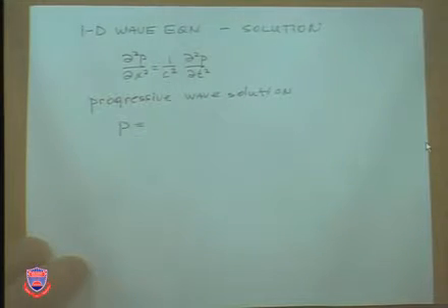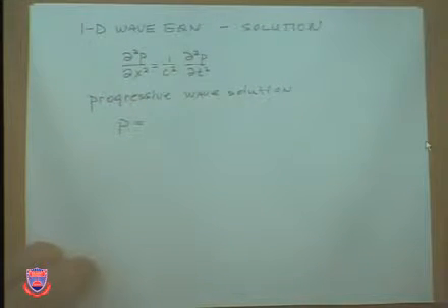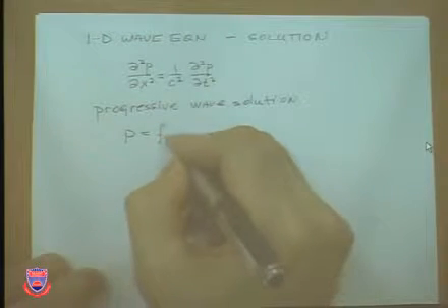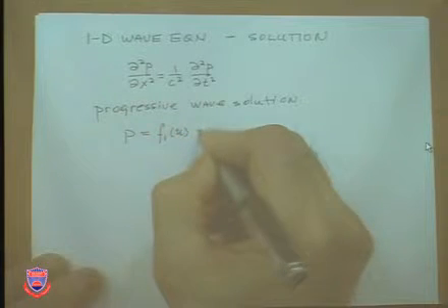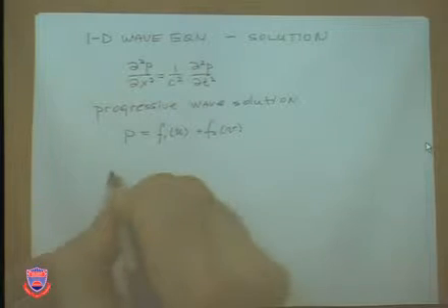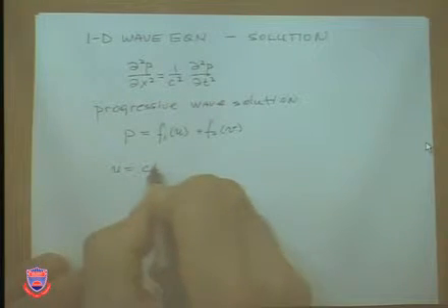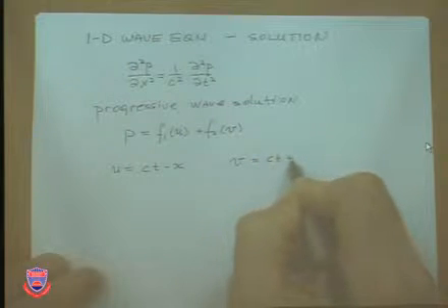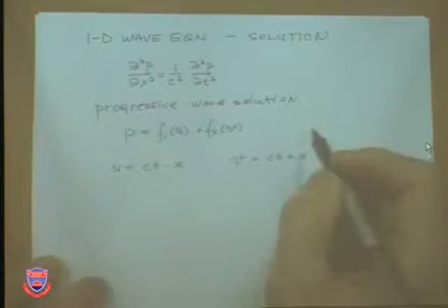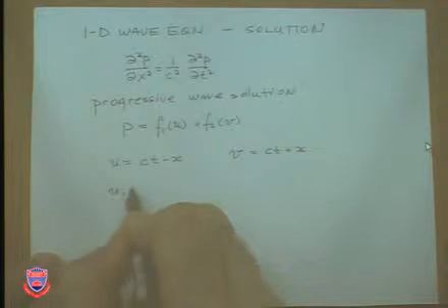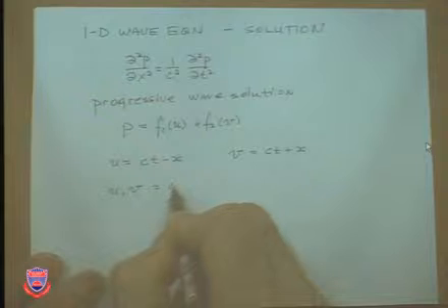The pressure expressed by this second-order differential equation can have two solutions, where we have u = ct - x and v = ct + x. U and v are constants,